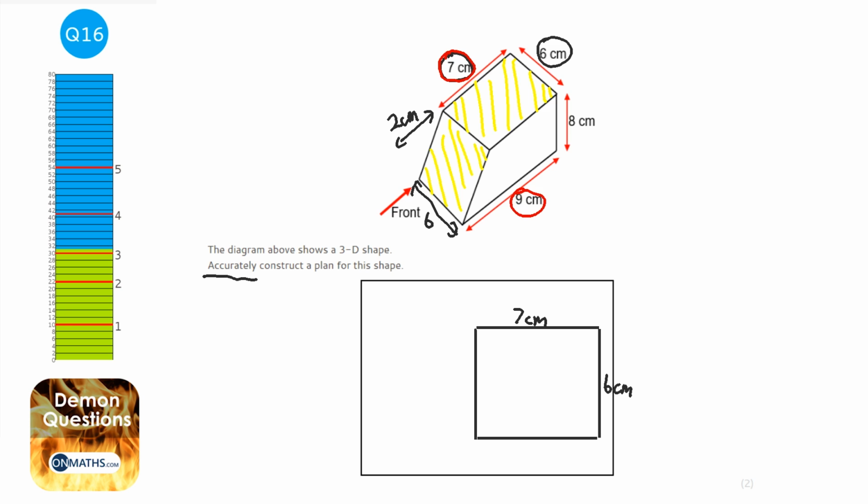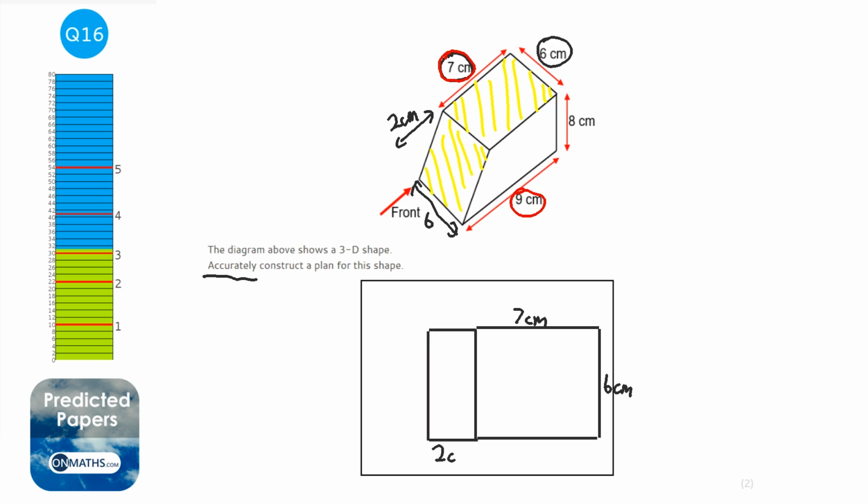Let's use this one, right? So it's going to be 2 centimeters in width. So 2 centimeters there, and this one obviously is going to be 6 centimeters, the same as the right hand one. Now, this line we have in the middle is really important, because that shows that there's a join, that there's something happening there. So you need to show that, especially if there's a change in elevation, just show it with a line on the diagram.